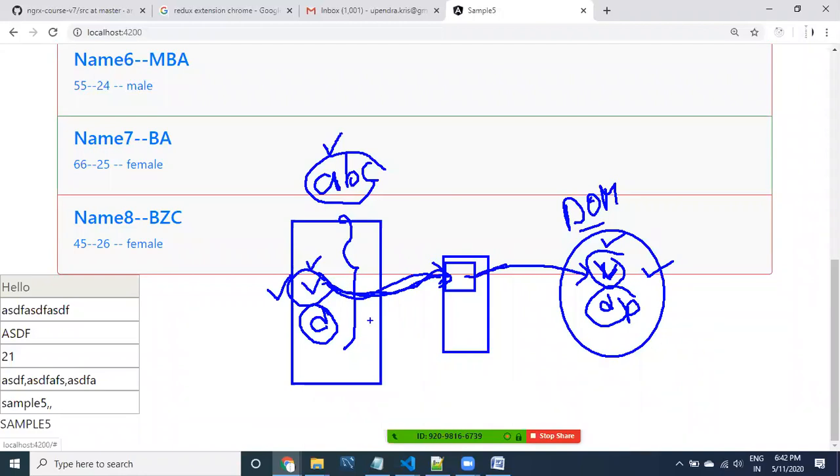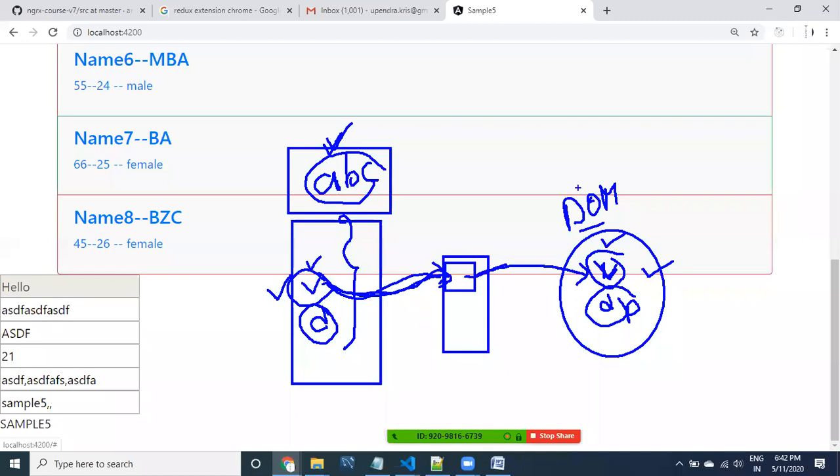Sometimes few attributes are like this. In coming sessions, going forward, I'm going to show you some attributes for which you cannot see properties in the DOM. I'm not talking about all attributes.